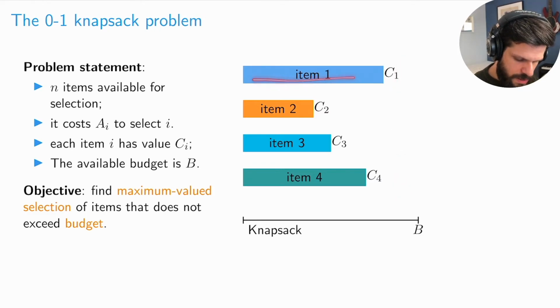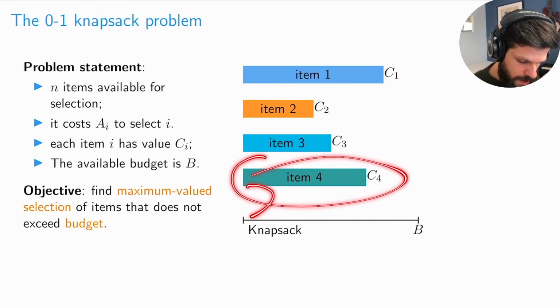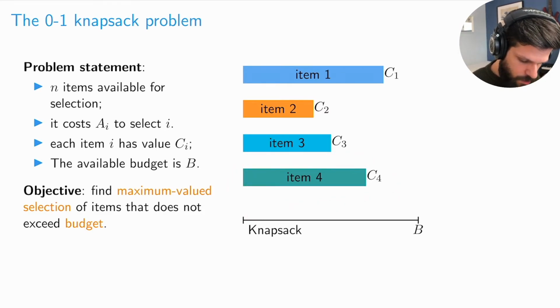You have this item 1 that, let's say, this is the weight associated with the items, and this is the value associated with the items. And just for the sake of the example, let's say that they are in order, that C1 is less than C2, less than C3. It doesn't really matter. So basically what you would be trying to do is, if this is the case, you could make item 4 part of your knapsack, and that will take this much of your knapsack. And it seems that with that space here, you can't really do much because this seems to be smaller than